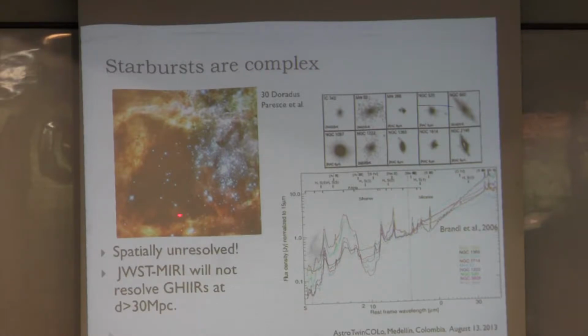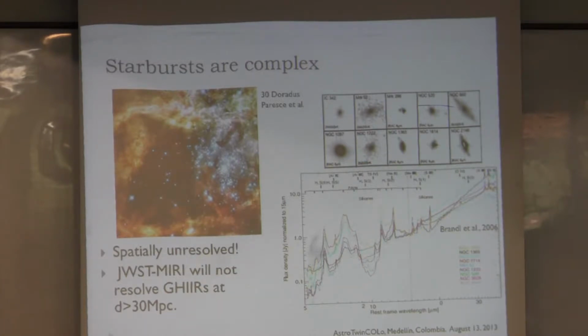The reason why starbursts are complex is that, of course, they are forming a lot of stars, very massive stars. And those clusters of stars that form have a large output of energy in the form of UV radiation that ionizes all the gas here. The reason why you see all those colors is because you are ionizing the gas. Then these atoms recombine and emit light. And then there's also a lot of dust that obscures. For example, here you see this dark region that's basically a bunch of dust that obscures what's behind. And then you have all that together, and you have to infer how that produces a spectral energy distribution.